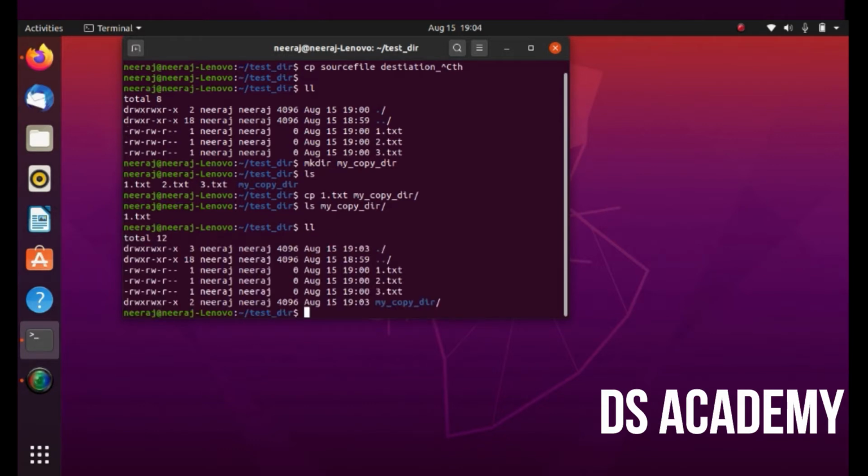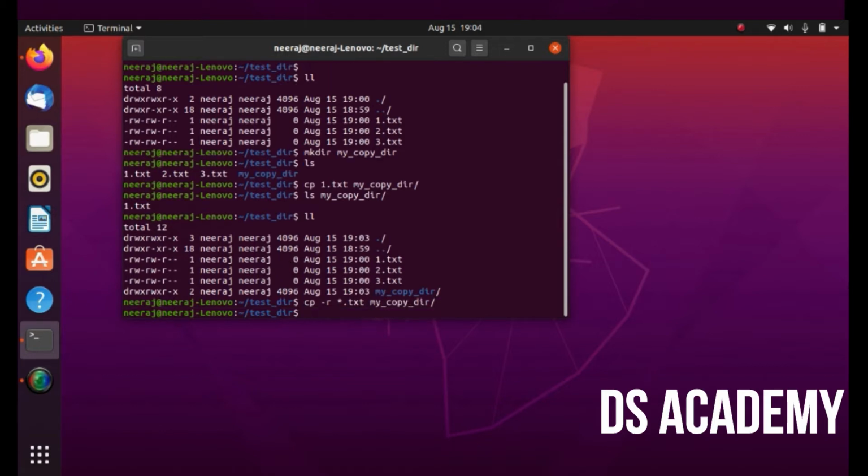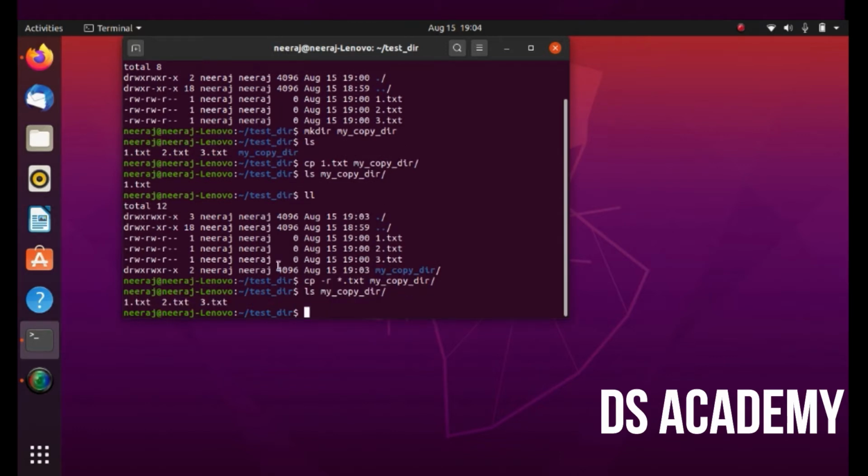Or if I want to copy all the files, that is 1, 2, 3 to my copy directory, what I can do is cp -r star or maybe star.txt depending on regex, and then I can say my copy here.